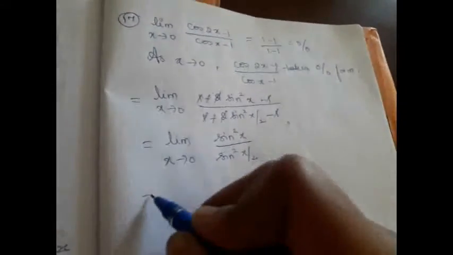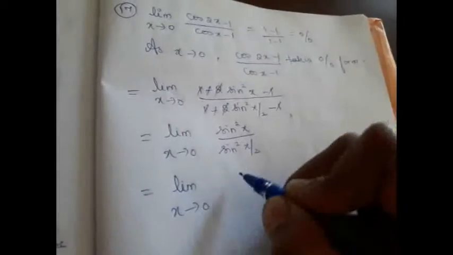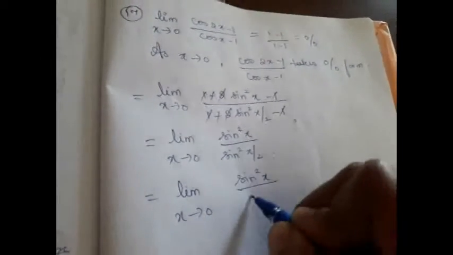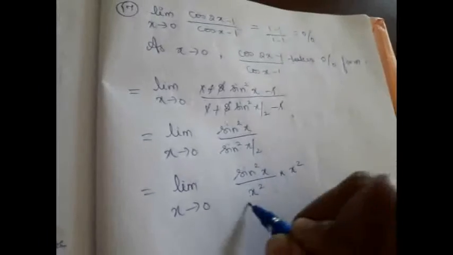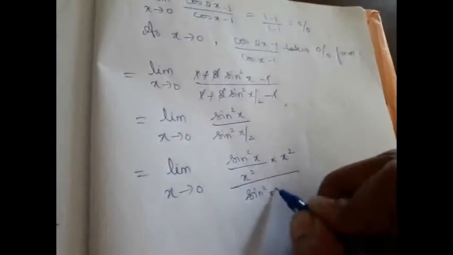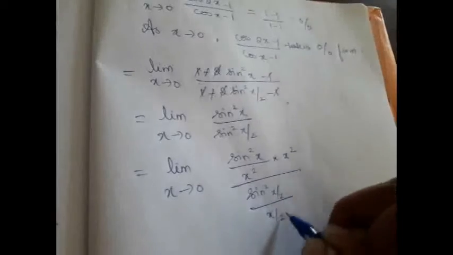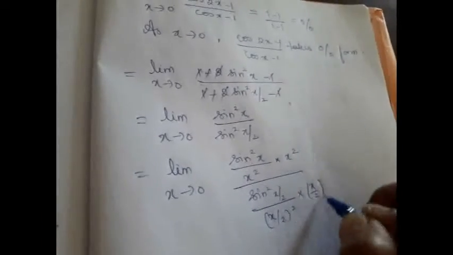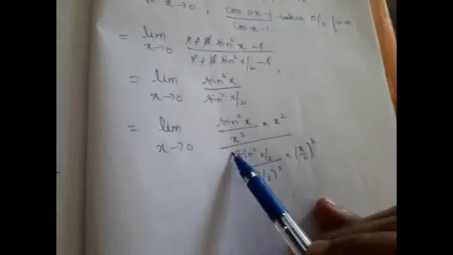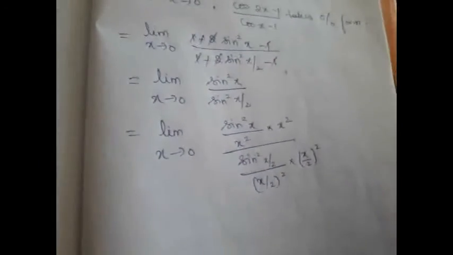So what we are going to do here is limit x tends to 0. Here, sine square x, we are going to multiply and divide by x square in the numerator, and the same way we are going to multiply and divide by (x by 2) the whole square, right? Why are we multiplying by x square and (x by 2) the whole square? Because if we simply multiply by x, the angle we got it, but we have square here, sine squared. So only if we multiply by square, we can write this as (sin x by x) the whole square. So we can apply the result, right?